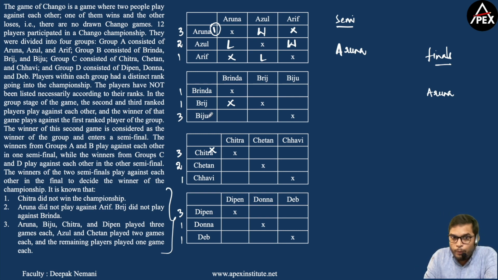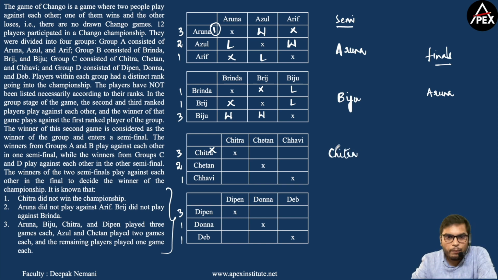Now coming to group B. So we have Biju playing 3 games in total. So 2 in qualifiers and 1 in semi-finals. Now in the semi-finals between Aruna and Biju, we have Aruna entering the finals. So Biju played with Brinda, in which he won, and Biju played with Briz, in which he won. Okay, so Briz lost to Biju and Brinda lost to Biju. Now coming to group C. So the winner of group C should be Chitra for sure,